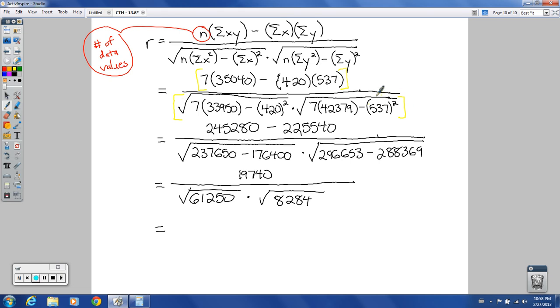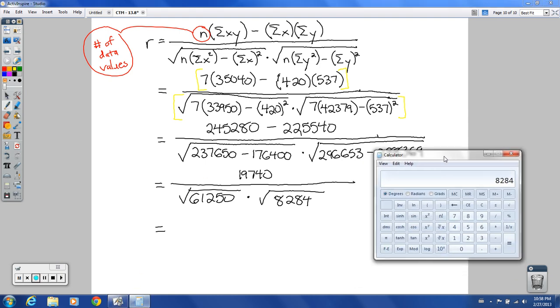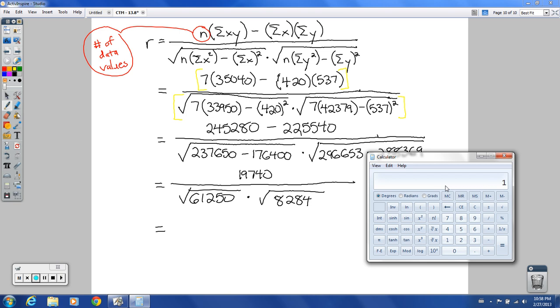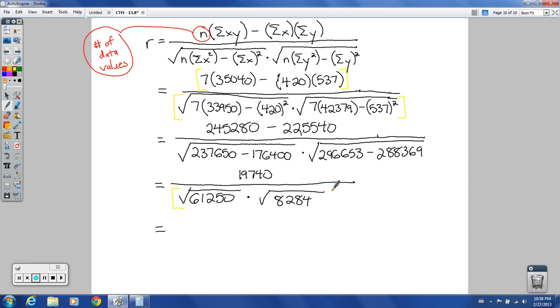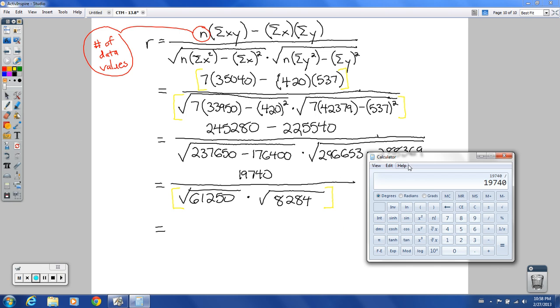So yes, you could get away with doing this all in one shot in a calculator, but be really, really careful, because your calculator knows order of operations. The best way to type this in, in my opinion, would be like this: 19,740 divided by, think of this again as being in invisible parentheses right here. These two things need to get multiplied together first before I take that and divide it by these things. If you didn't put this in parentheses, it's going to take this number and divide it by the square root of this first, and then multiply that whole thing times that, which would give you a different answer. So I'm going to divide this by, using parentheses here, the square root of